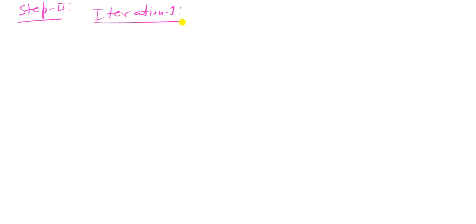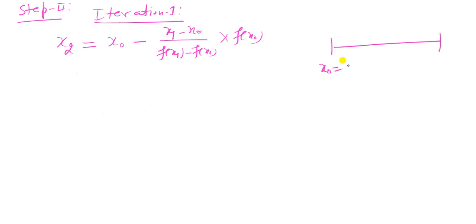Perform the iteration. Using equation 1, x2 is equal to x0 minus (x1 minus x0) upon (f of x1 minus f of x0) multiplied by f of x0. Here, x0 is 0 and x1 is 1, and we compute the first iteration, that is, the first approximation, which is denoted by x2. x2 is given as x2 is equal to x0 minus (x1 minus x0) upon (f of x1 minus f of x0) multiplied by f of